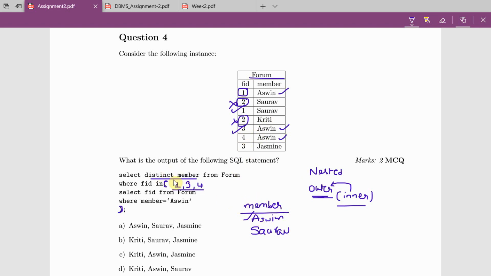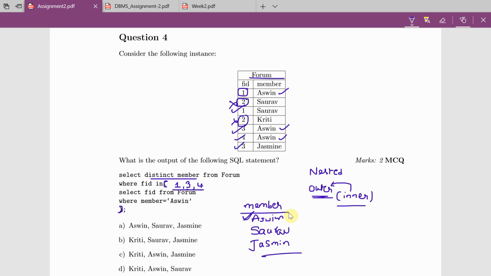Distinct is to eliminate the duplicates, because Ashwin appears 2 times, but because distinct is there it is selected only 1 time. And then 4 is Ashwin, already in the output, and because of distinct Ashwin should not be shown 1 more time. And Jasmine, that is FID 3, is there in the inner query, so Jasmine is also in the output.